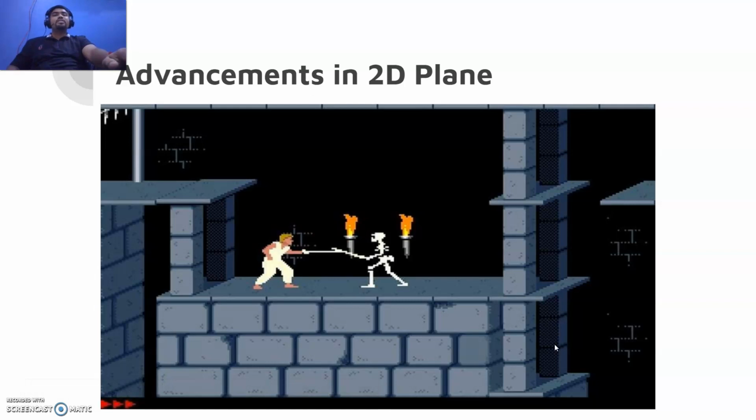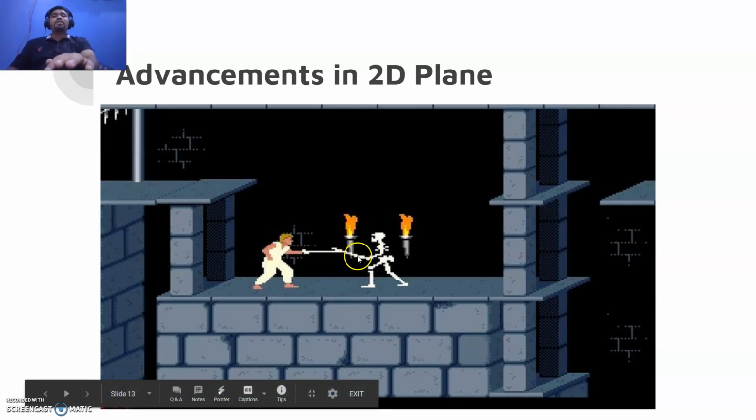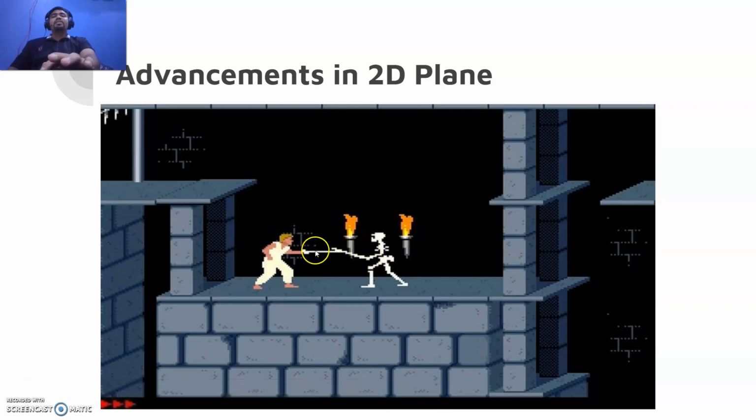So this is the game of Aladdin. And even here you can see so clearly that it is all pixels. Even a sword is not straight when it is at an angle. The sword that Aladdin is holding is straight because it is in a straight line. That's the only reason why. If you have a slope, you can clearly see it is not a straight line. It's kind of zigzag, like a staircase.